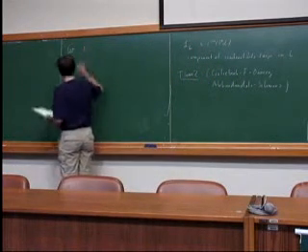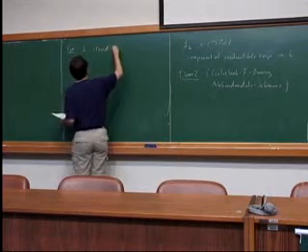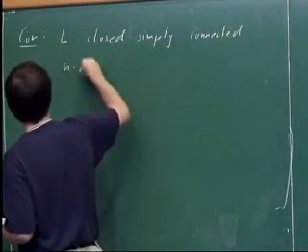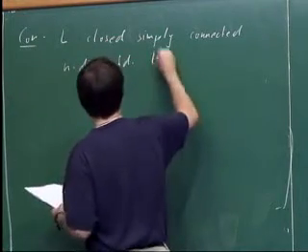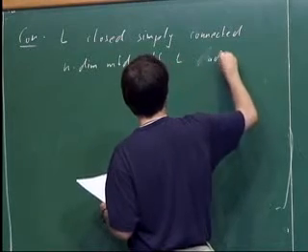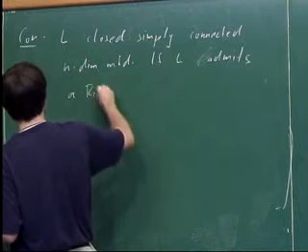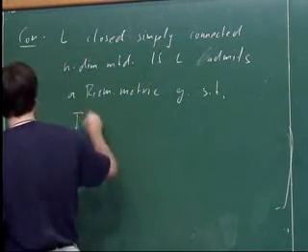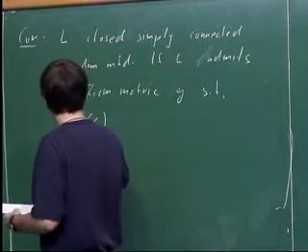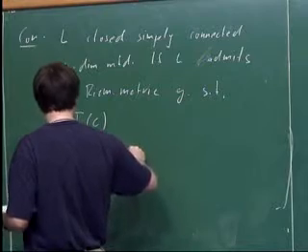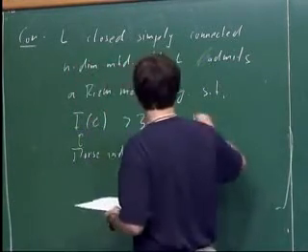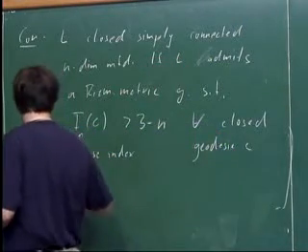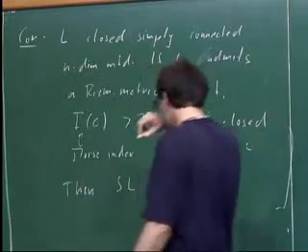Assume that L is a closed, simply connected n-dimensional manifold, and if L admits a Riemannian metric g such that the Morse index, which corresponds to this Conley-Zehnder index, is bigger than 3 minus n for every closed geodesic c, then the unit tangent bundle of L